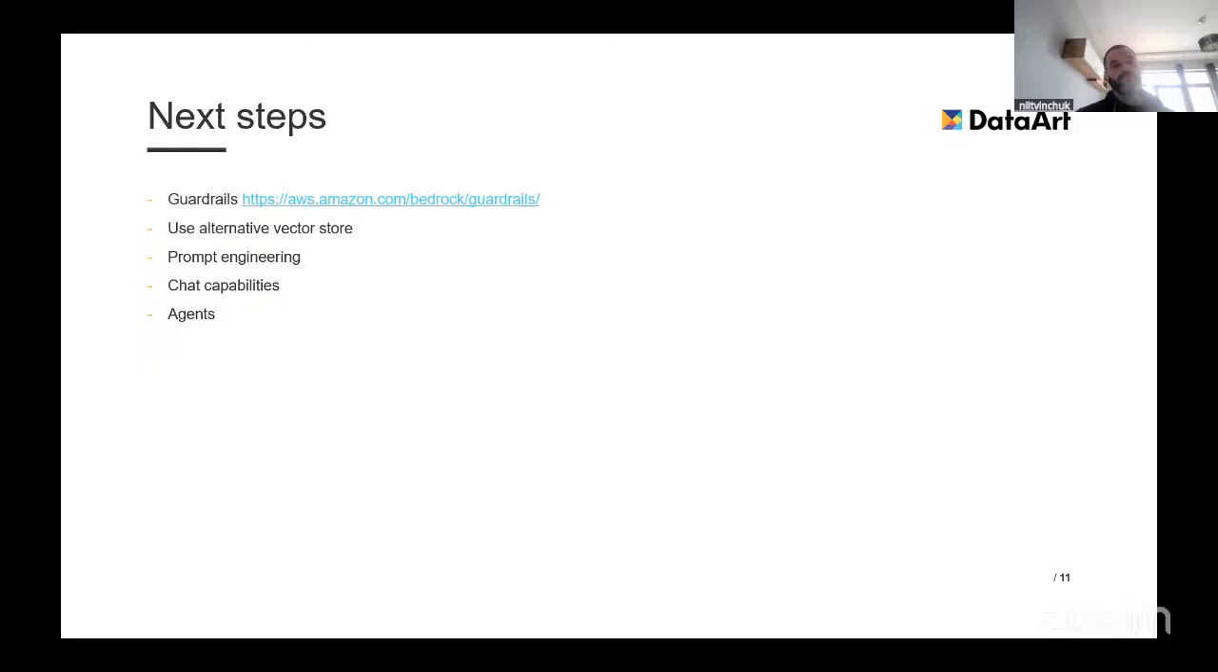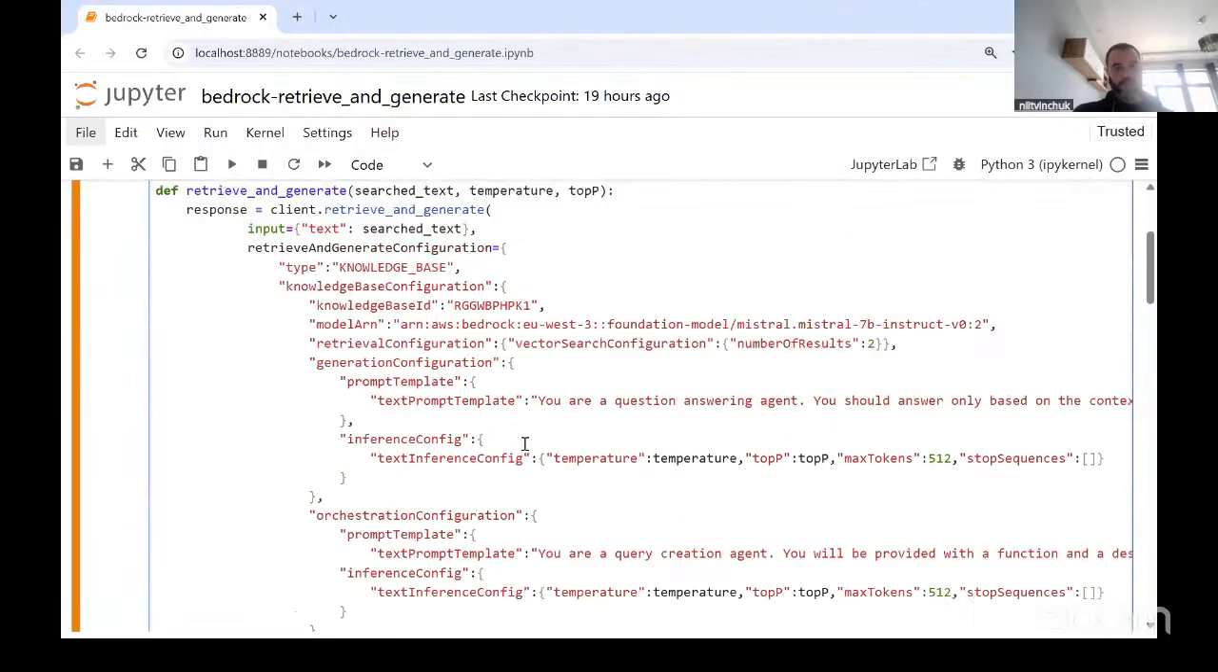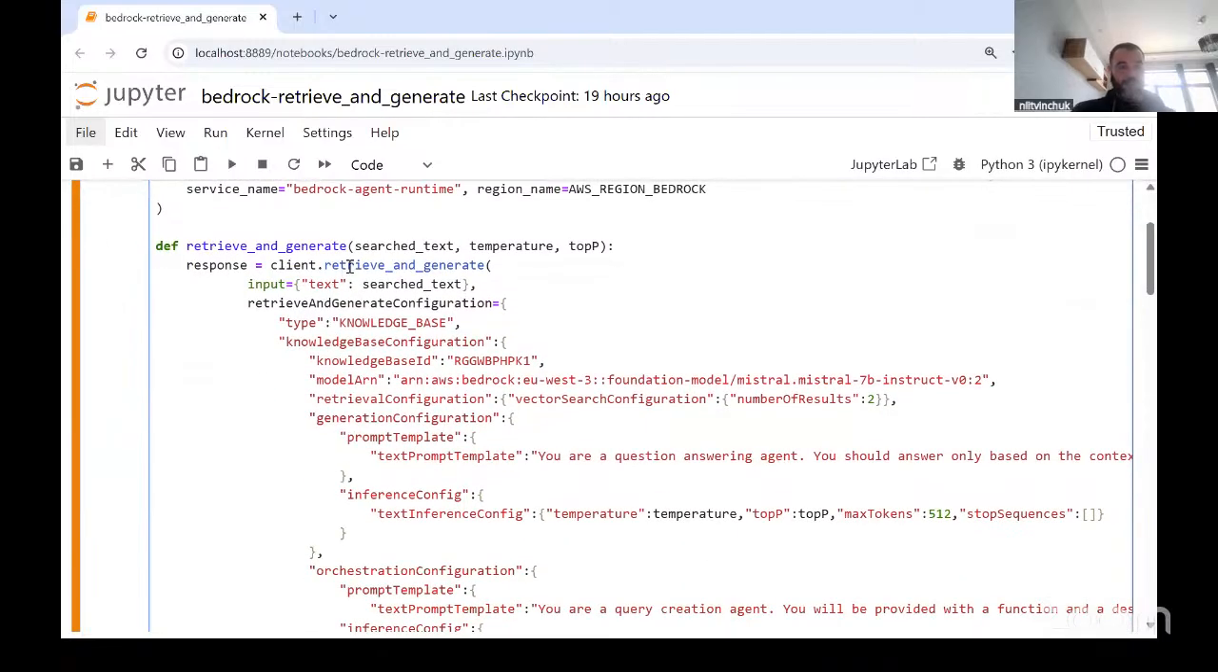We'll add chat capabilities and might use agents to perform some additional actions. And actually, all this functionality is really easily implemented in AWS Bedrock. As we go to the example, I want to show you a simple example of how it looks. So for our particular case, we use retrieve and generate. So basically, it is